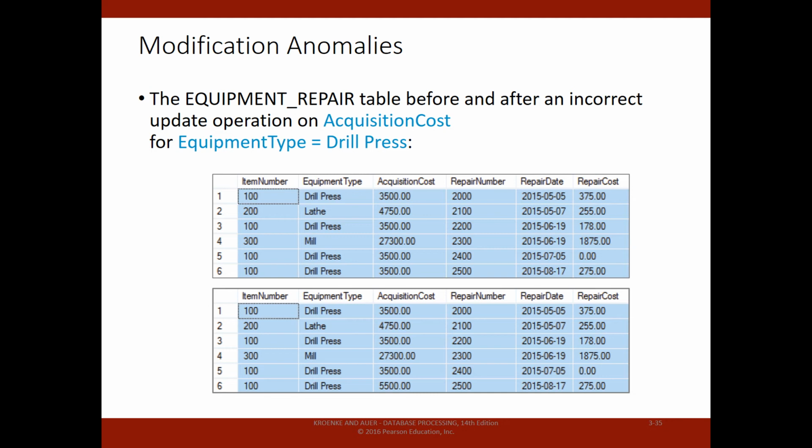So now let's think about an update anomaly. An example of an update anomaly is actually number 6 in the last table. If you look at record number 6 and repair number 25 and the acquisition cost for record number 6 in the bottom table, let's say we wanted to update the acquisition cost for drill press to 5500. So in this case, we were able to update it only for the last record. But now, if you look at the other ones, it's not updated. So we need